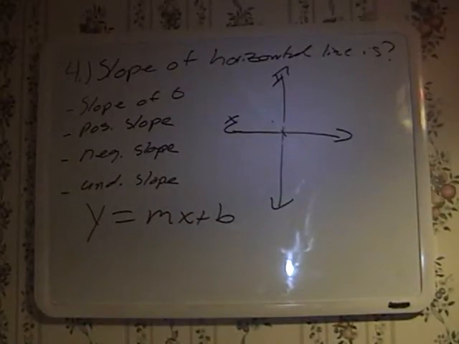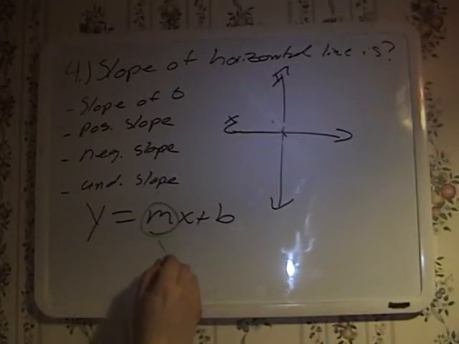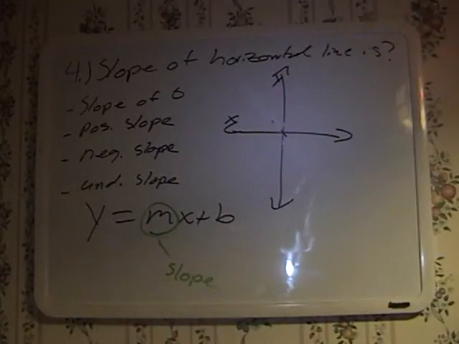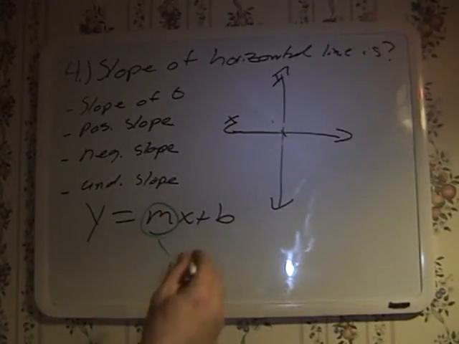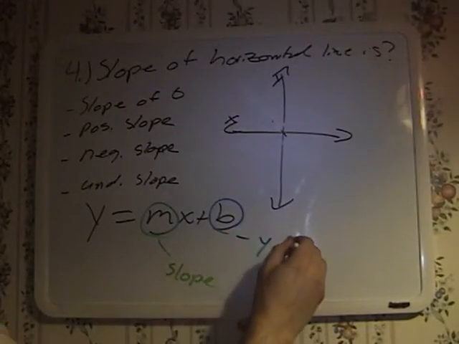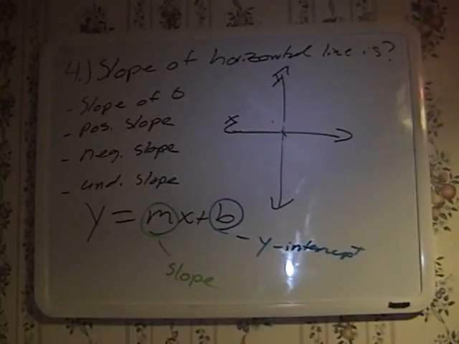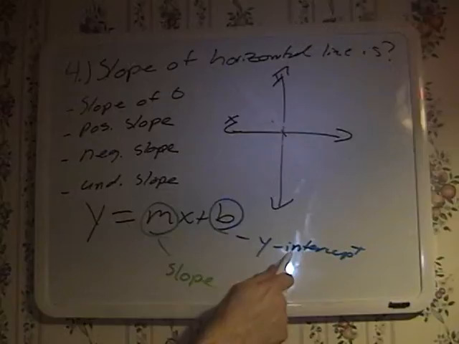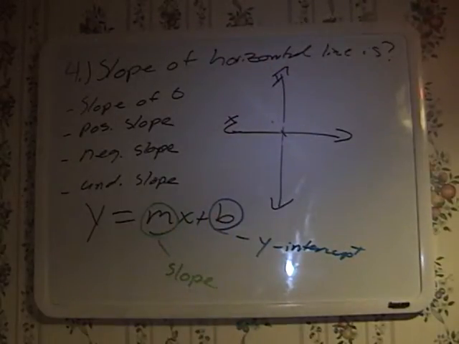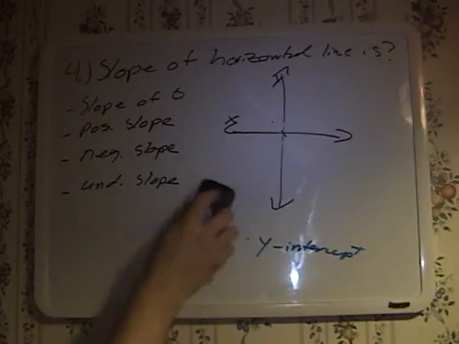Now, for purposes of this question, we'll break this down real quick. M, right here, this is your slope. And we're going to talk a little bit more in depth about it. This is your y-intercept. And that's why it's called slope-intercept form. This is where your line crosses this y-axis. But for this question, that's not important. There'll be another video on slope-intercept form, which is algebra, as well as slope-point form, which is calculus. So let's talk more about slope.